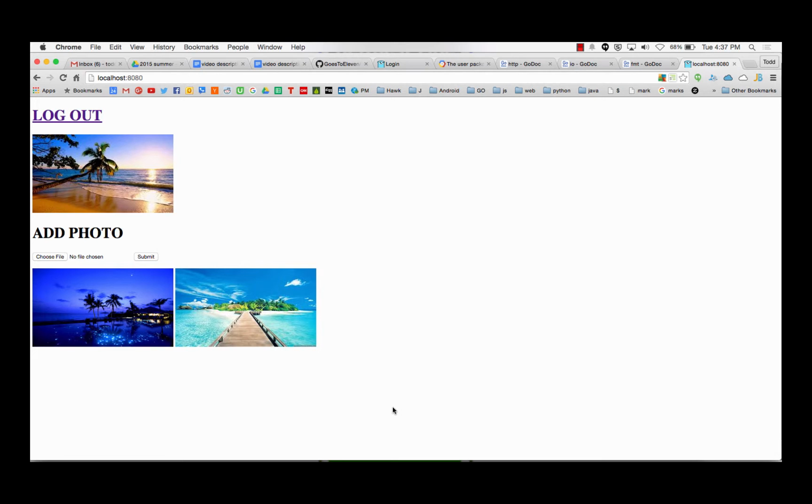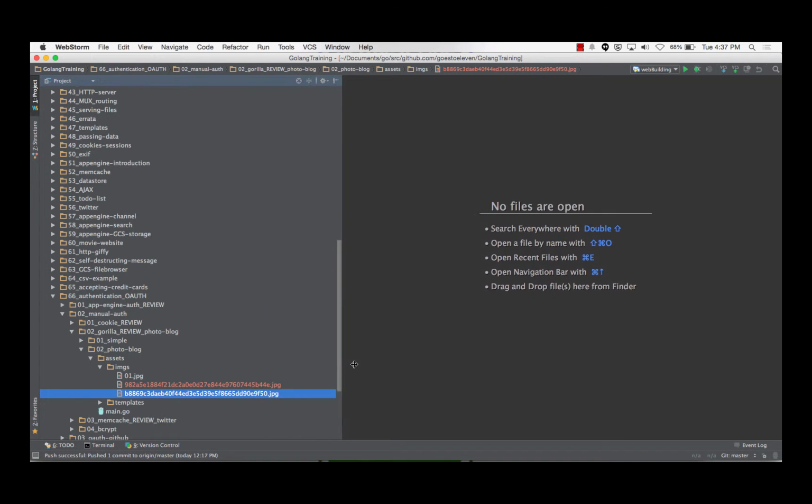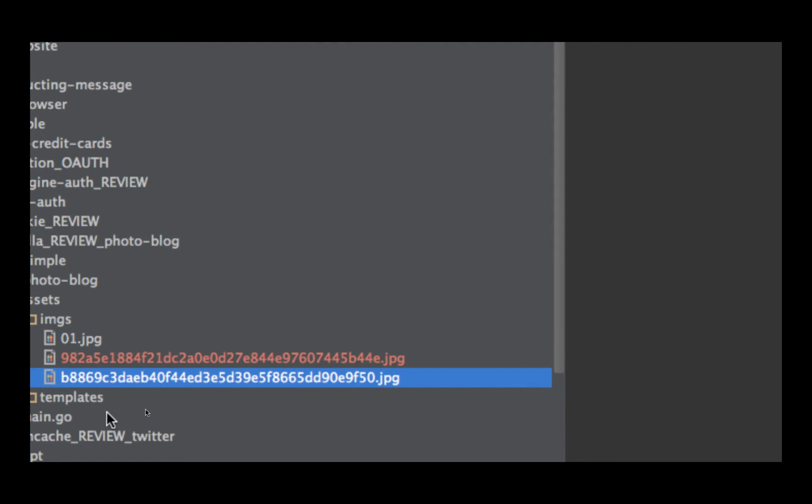Kind of cool. And so we've seen this already, but just reviewing the point of this. You can see it wrote those photos here. And look at the names it gave it. So why would I want to give it wacky names like that? Because what if two people upload the same photo named me.jpg? Well, that's going to be a problem, right? Because when the first person goes back and looks at their thing and it asks for me.jpg, they're going to see the photo the second person uploaded, because the second upload overwrote the first one.